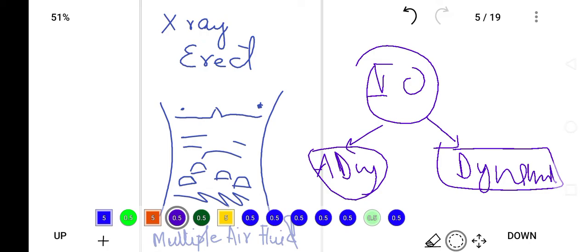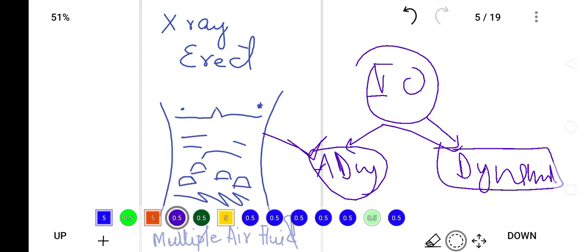In dynamic cause, there is mechanical obstruction. In adynamic cause, there are paralytic causes like paralytic ileus, or there is a degeneration of the nerves of the intestine, and the intestine will fail to create peristaltic movements. So that is an adynamic cause. In dynamic cause, the patient can present with intestinal obstruction, abdominal distension, absolute constipation, vomiting, and pain in the abdomen.